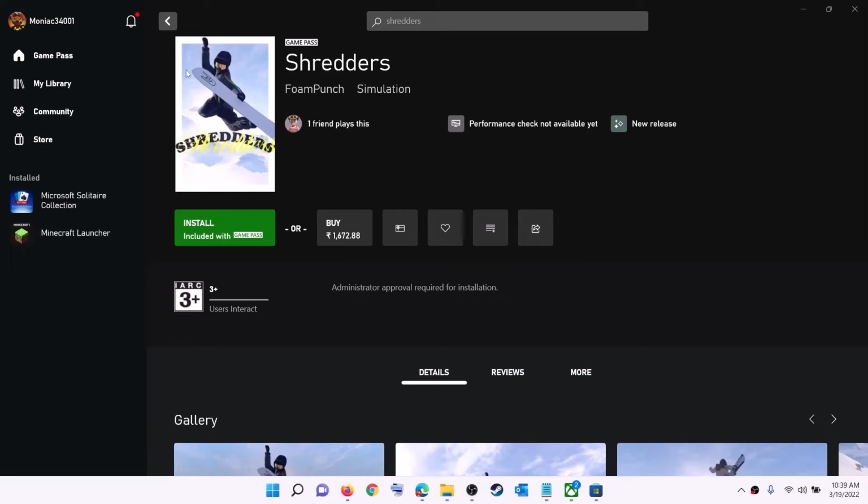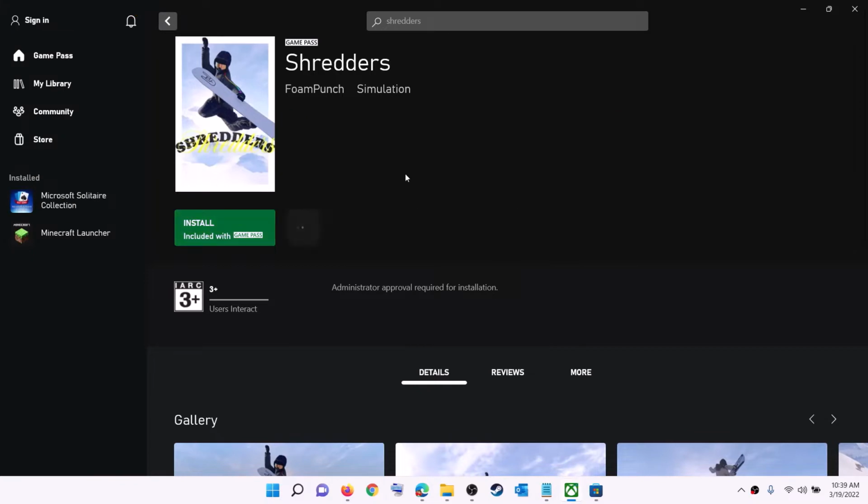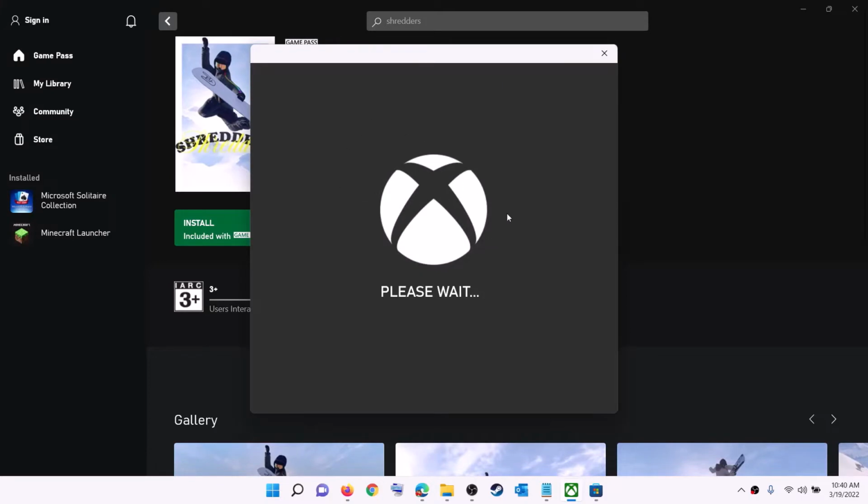Now open Xbox app. On the top left here, you can see your profile icon. Click on it and then click on sign out. Then again click on sign in. Now use the same account which you have used on Microsoft Store. So log in with same account on Microsoft Store and with same account on Xbox app and then try to